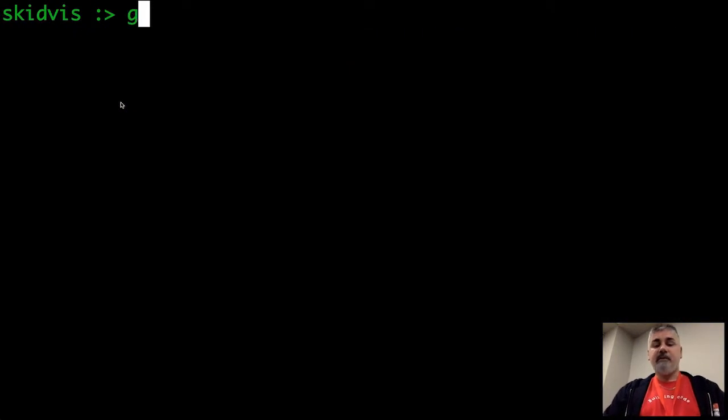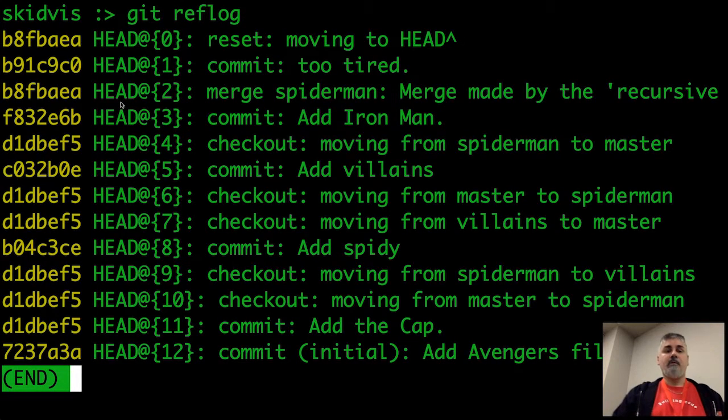So if I type that in, git reflog, you'll see everything. Starting from the bottom to the top, the very bottom one is the initial commit when I added that file. The second one, I added the captain. The third one, I moved into the Spider-Man branch. The fourth one, I went into the villains branch. The fifth one, I added Spider-Man. And you can see just the history of everything I've done. And this is what will get you fired. Because you can go back, do that git reset HEAD and get rid of everything that you think anyone can see. But this is still here, so you have a history of everything, permanently.